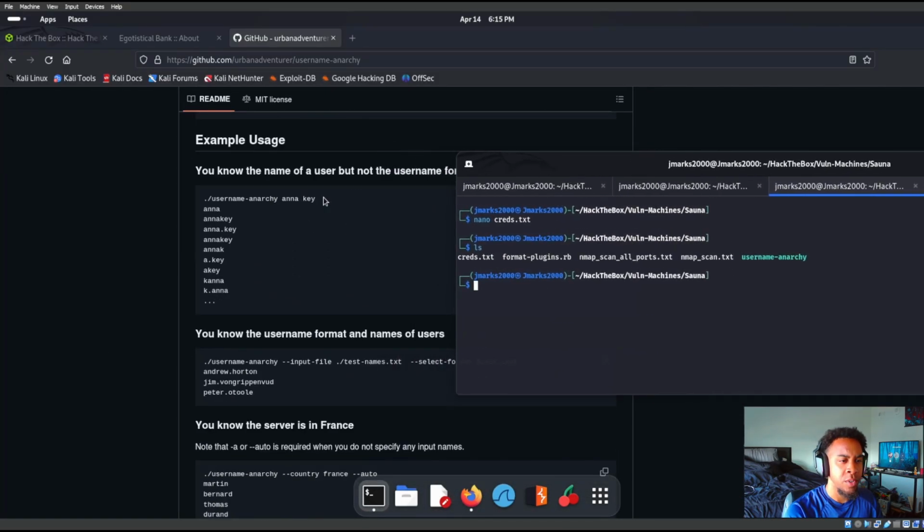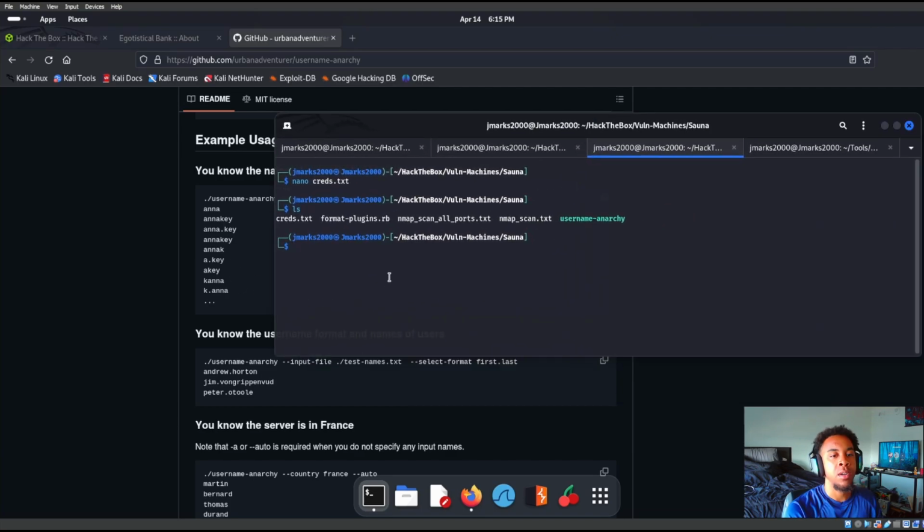So I'll show you, for example, right here, username Anarchy: Anna key, Anna first name, Anna dot key, a dot key, right? All these different formats. It basically just automates that for you and creates those for you in a text file, right? So we're gonna perform the command username Anarchy, input file. We want the creds.txt file that we just created, and we do select